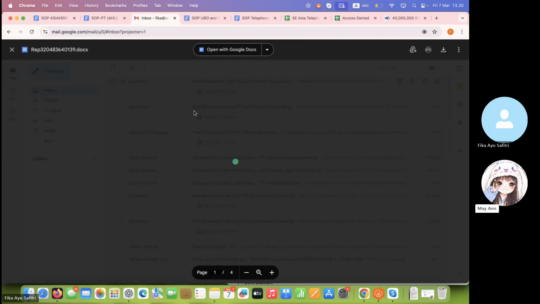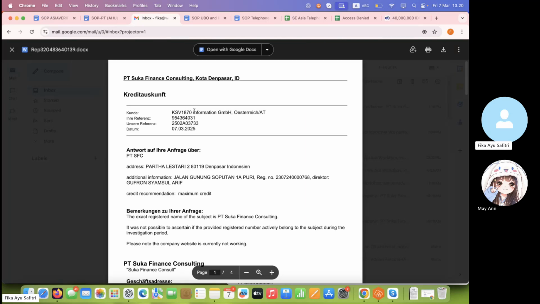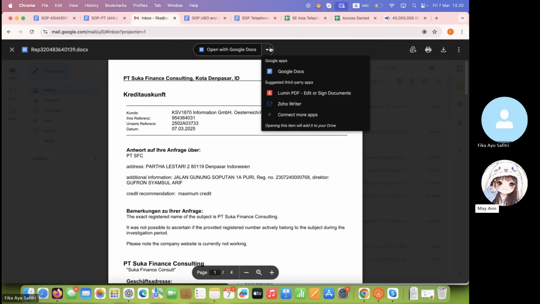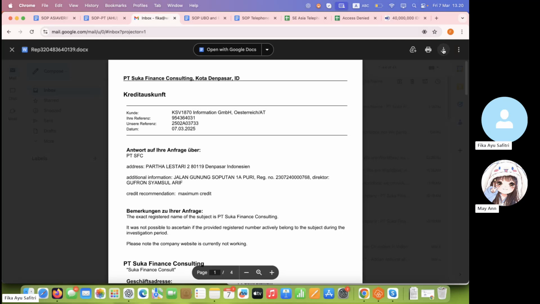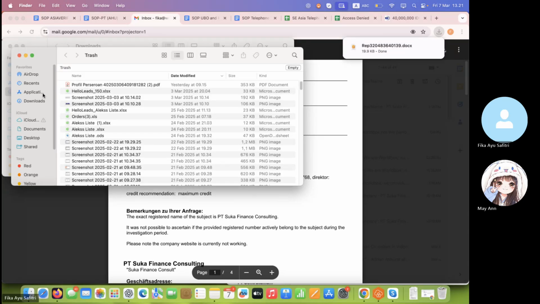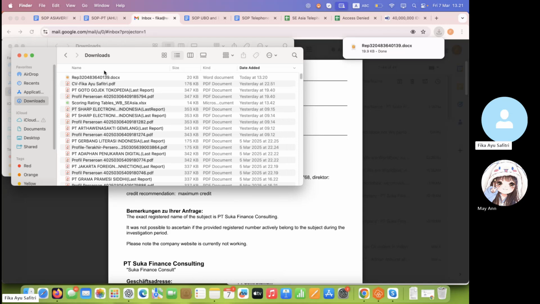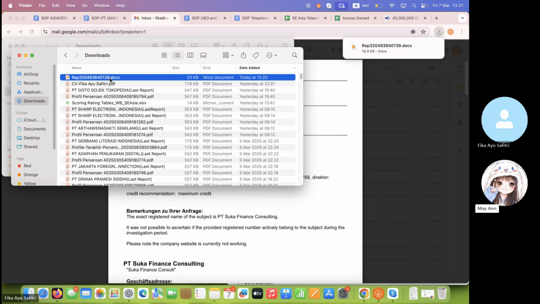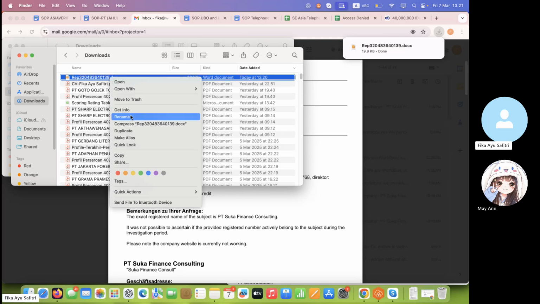Just download it and save. Download and open the folder. This one. Click rename. You have to rename it with the company name.